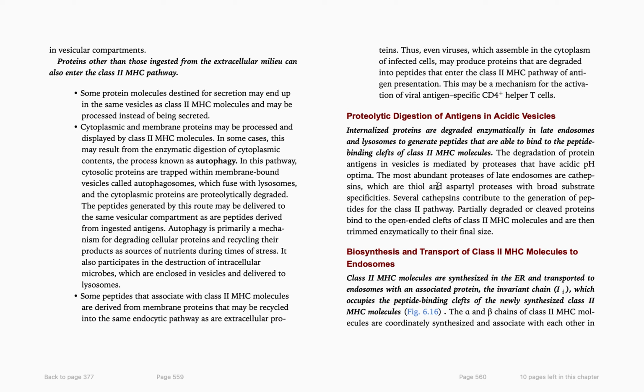So the most abundant proteases of late endosomes are cathepsins, which are thiol and aspartyl proteases with broad substrate specificities. Several cathepsins contribute to the generation of peptides for the class 2 pathway. Partially degraded or cleaved proteins bind to the open-ended cleft of class 2 MHC molecules and are then trimmed enzymatically